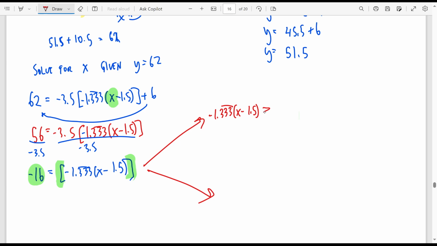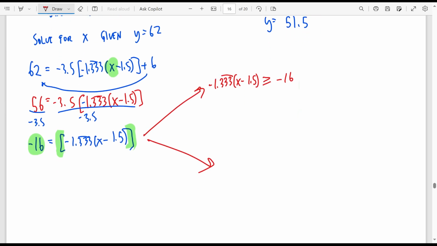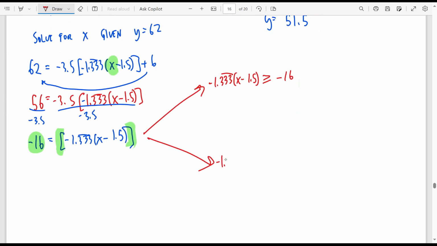And I'm going to put greater than or equal to negative 16. Perfect. Underneath it, however, I'm still going to put this negative 1.333 repeating, x minus 1.5 on the left-hand side, but it's now going to read less than negative 16